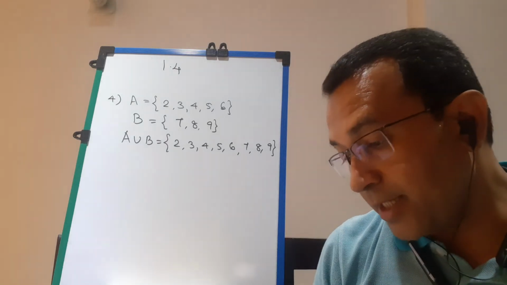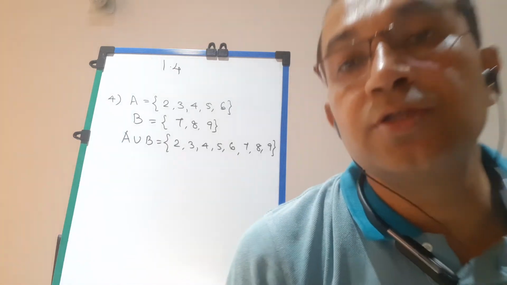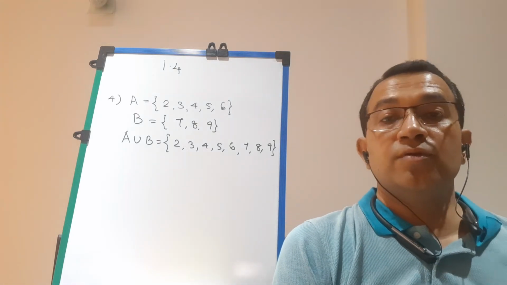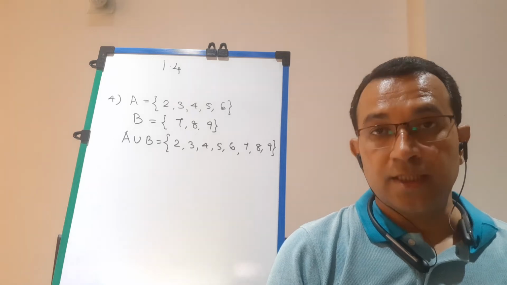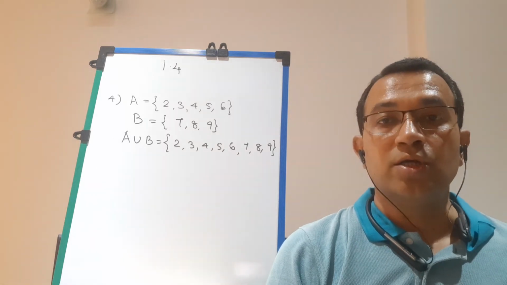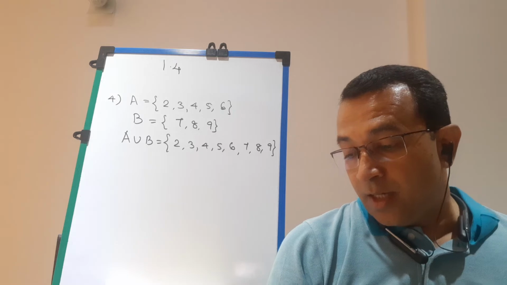Then fifth, I think you can do on your own. A is 1, 2, 3 and B is the null set. When you unite A with the null set, the answer will be A. So the answer is 1, 2, 3. I think that all of you can do it on your own. Now students,